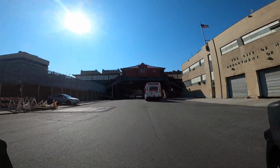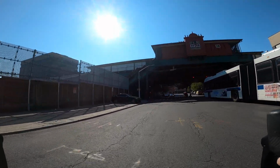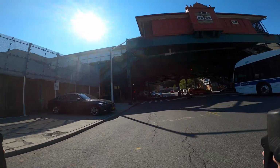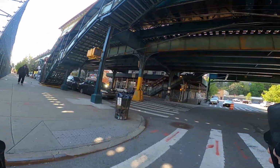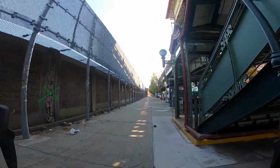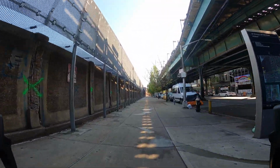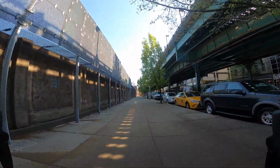You can find pictures online. It doesn't really look any different. The neighborhood around it looks different. I'm going to flip onto the sidewalk here because there's almost never anyone on the sidewalk other than